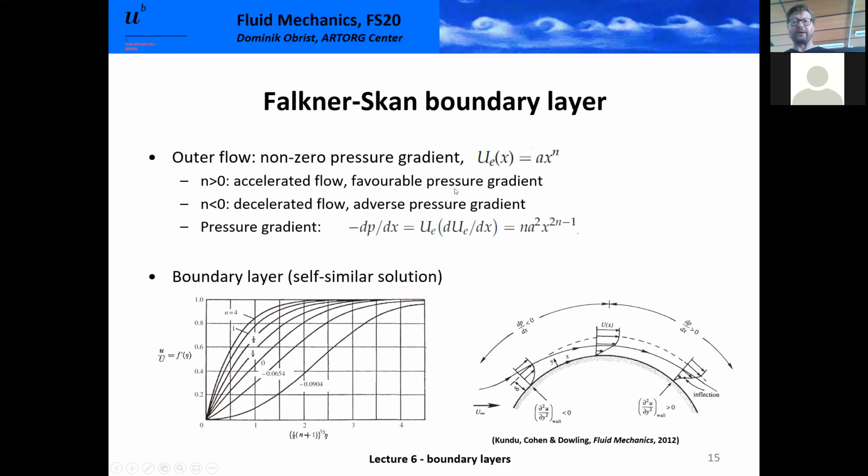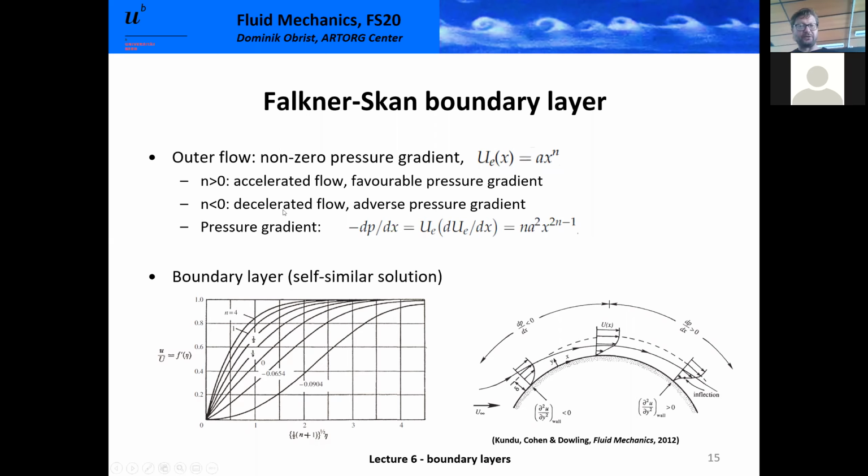Or in terms of pressure gradient, it means that the pressure gradient in the outer field is negative, right? Again, with Blasius, if we have a negative, not Blasius, with Bernoulli, if we have a negative pressure gradient, we're accelerating the flow. You will see in a minute why this is called a favorable pressure gradient. The opposite, n smaller than 0, n negative, means that the velocity decreases in x direction. We have a decelerated flow in the outer flow field, or an adverse pressure gradient, or an increasing pressure gradient, positive gradient, increasing